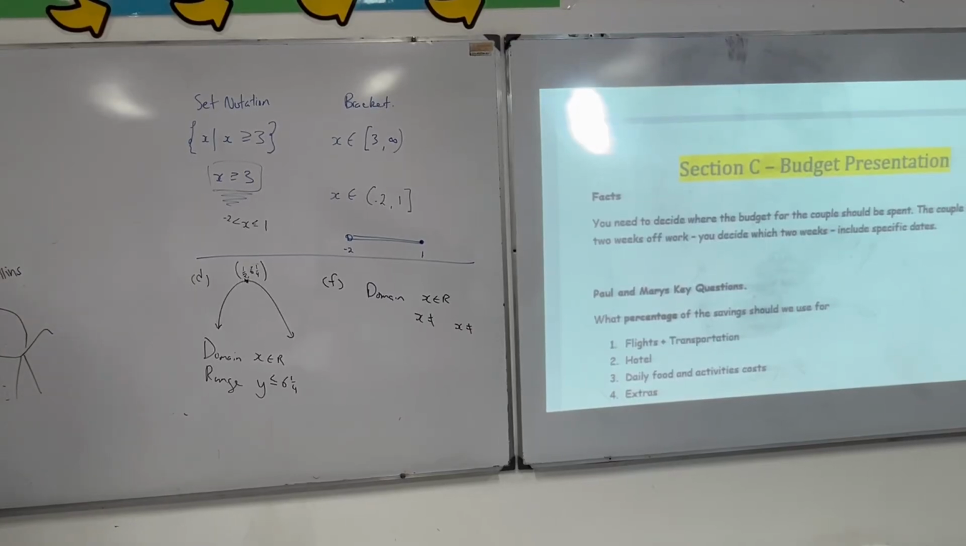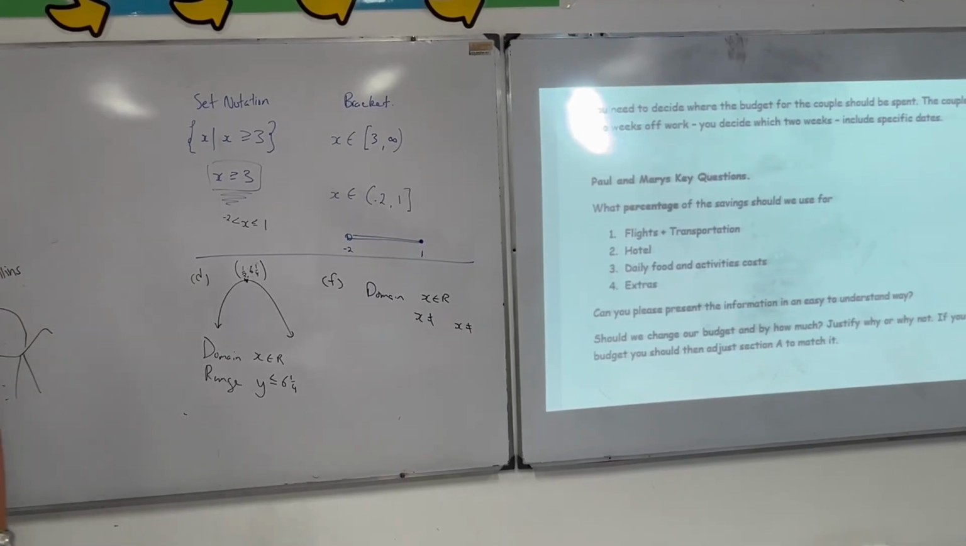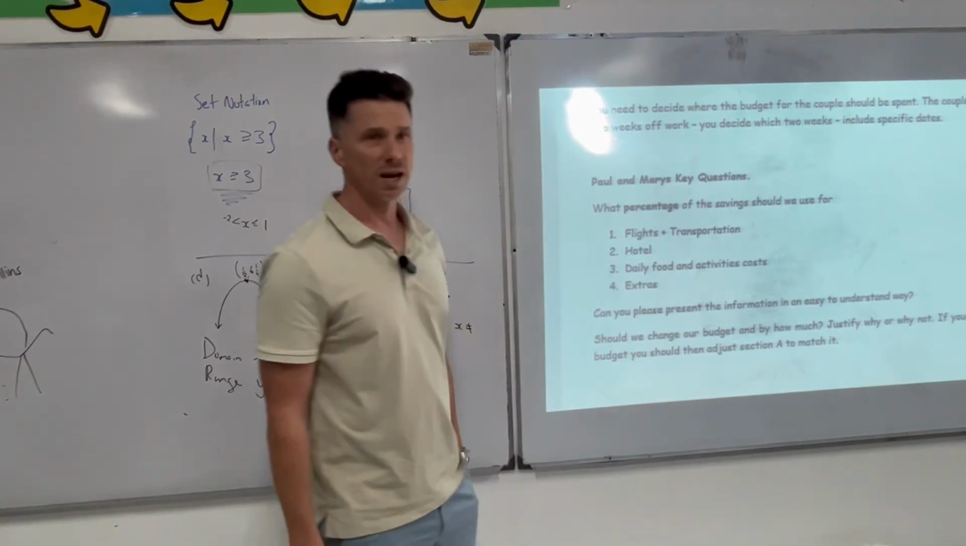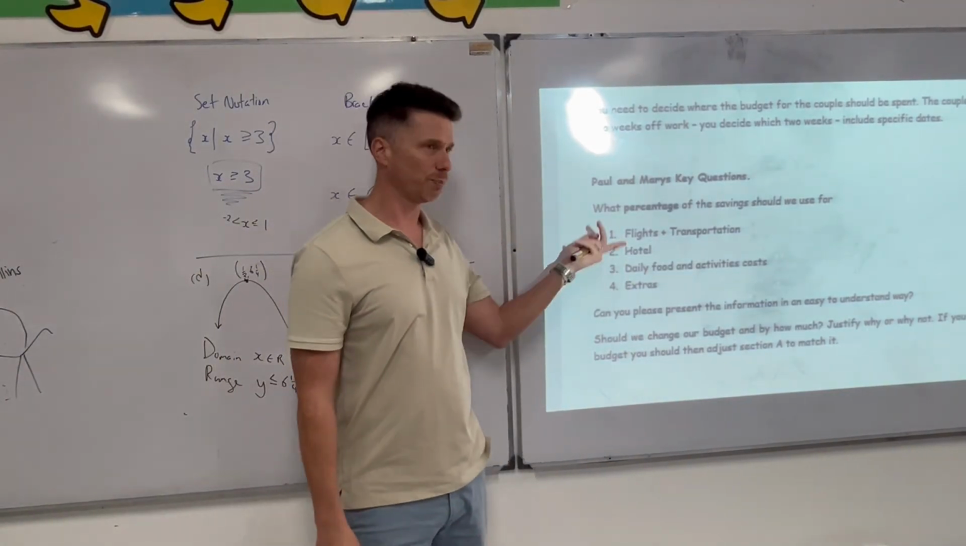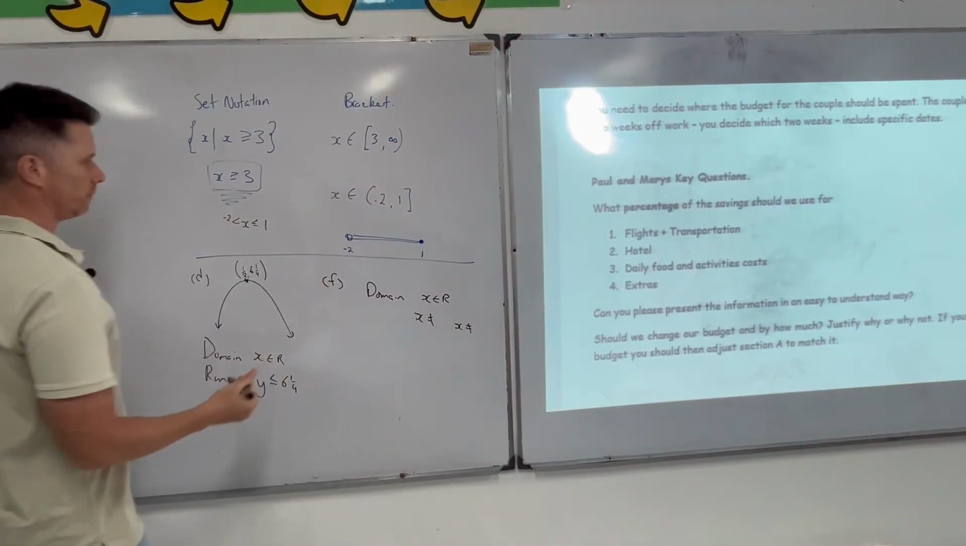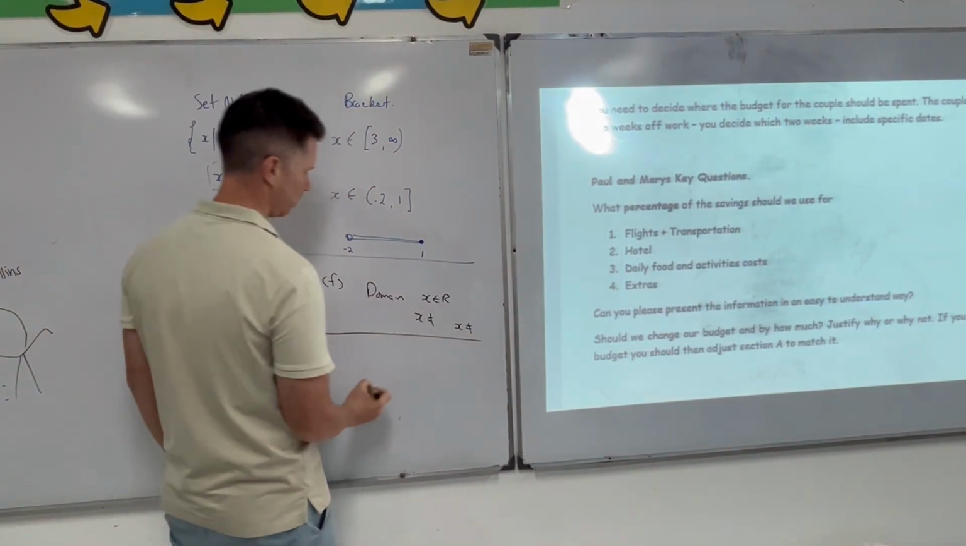the budget into percentages as well, I think it says there. One of the key questions: what percentage of the savings should be used for each of these? So we should have a percentage and how you got that percentage. So remember in a test, if you get a percentage of your exam result, let's say you get